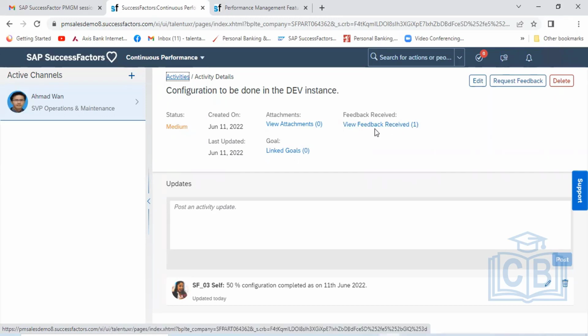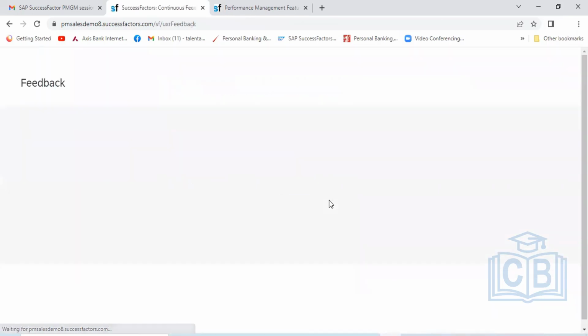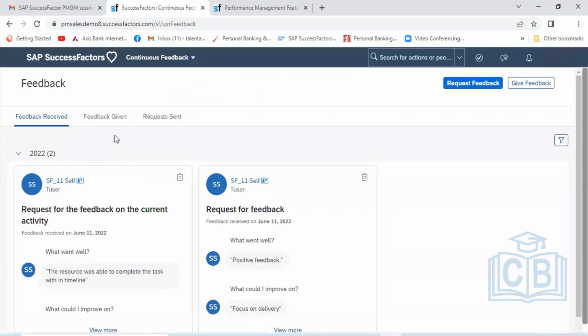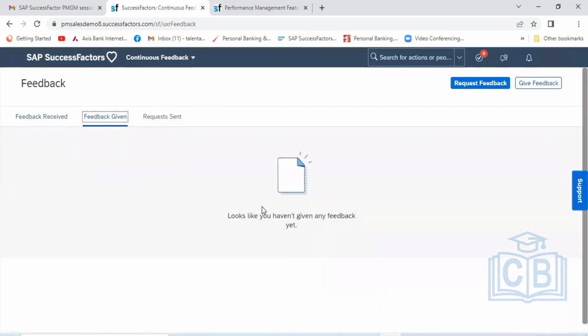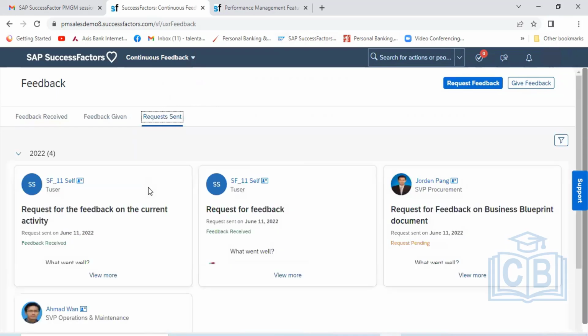If the manager wants to give any feedback, the manager can give it, or request feedback from somebody else. The manager can also check the status of the request sent.